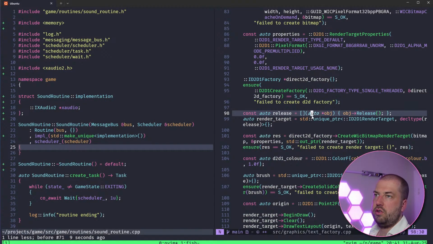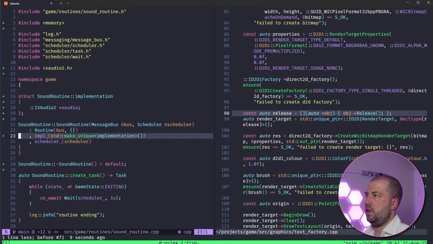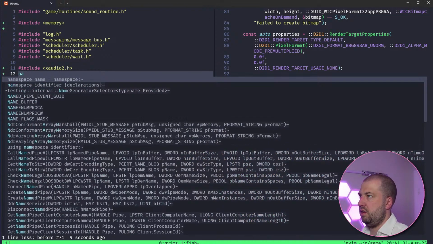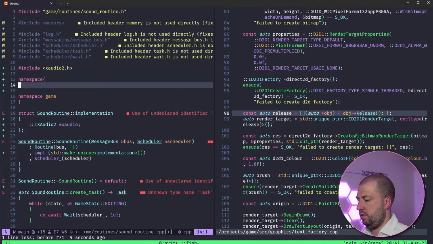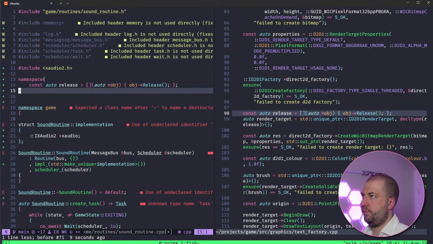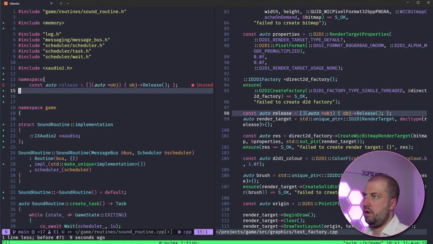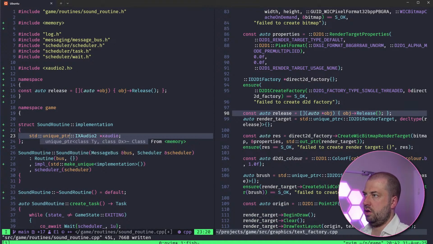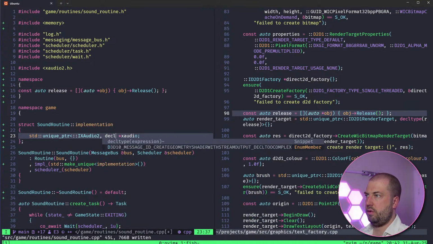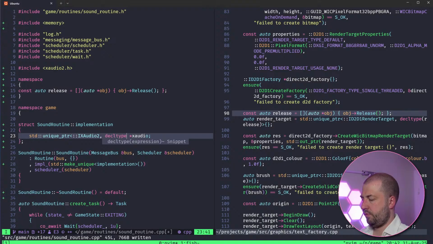So I think we can just yoink that, stick that in an anonymous namespace at the top. I'll have one of those. And then we should be able to wang this into a std unique pointer, XAudio2 with a decltype release.